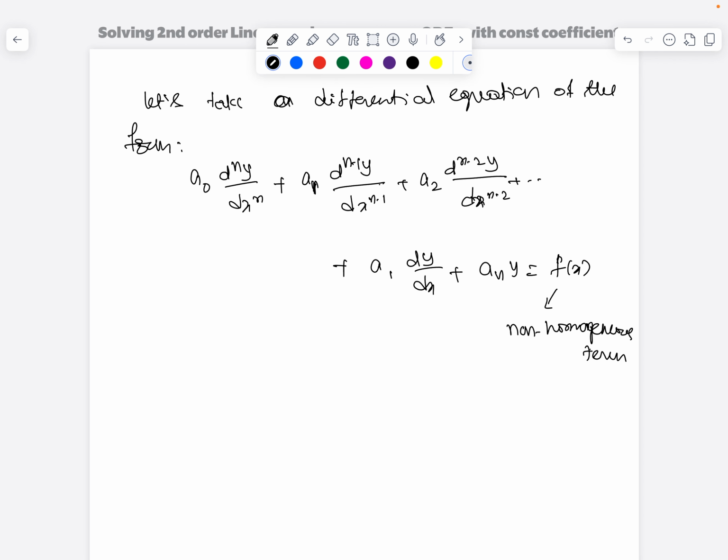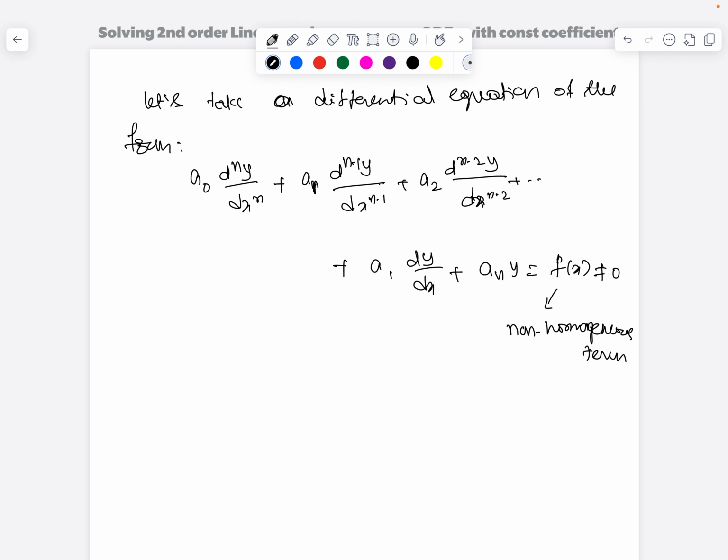Let's take a differential equation of the form. This is an nth order differential equation, where f of x is the non-homogeneous term when f of x is non-zero. And when f of x is 0, I have already covered this topic. Those are called homogeneous differential equations. Especially we focused on second order linear homogeneous differential equations with constant coefficients in my previous lecture. You can refer to them. So now in this video, we will be focusing only on non-homogeneous linear differential equations with